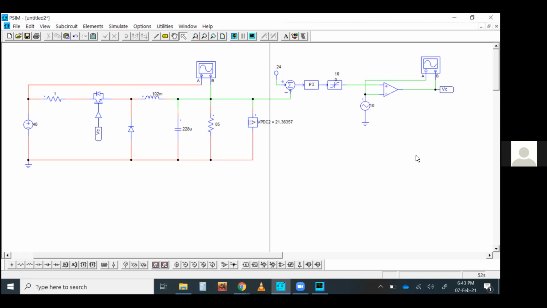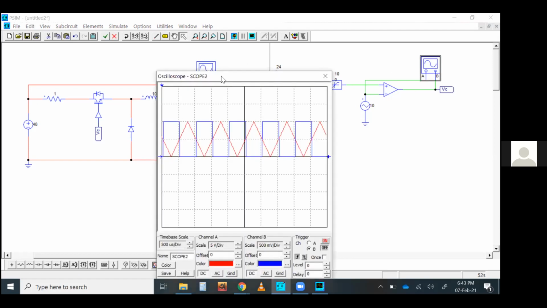Done. So this is your control system, taking the reference signal input, taking the output, comparing it, putting it into the PI block, limiter, then it's generating a reference control voltage. And this triangular wave block is actually generating the control signal finally. Now let's see how it acts.